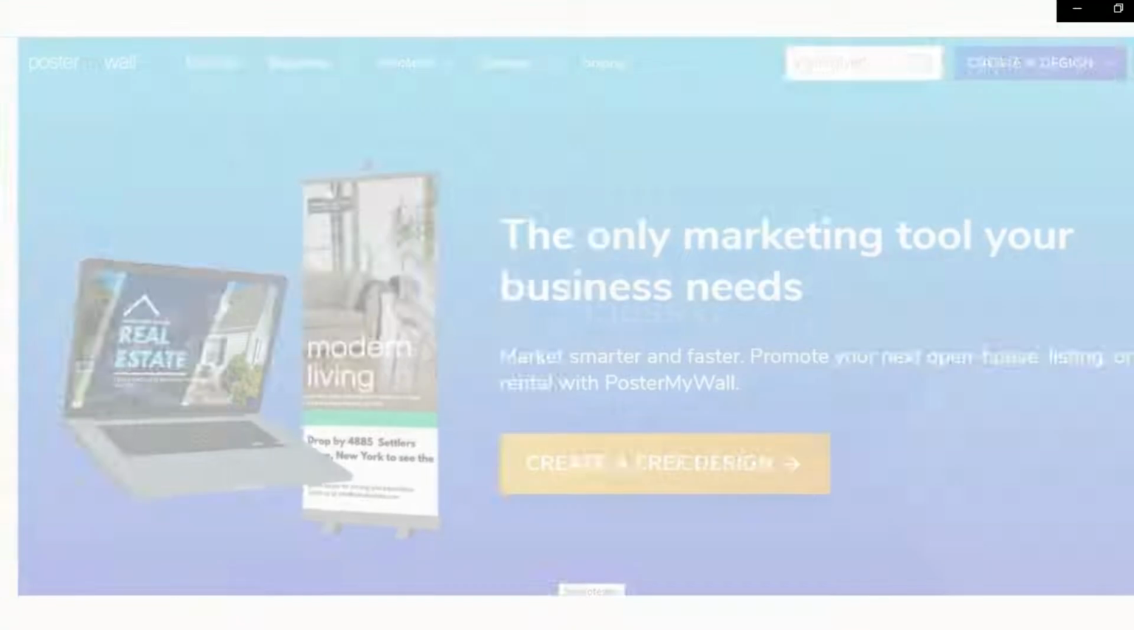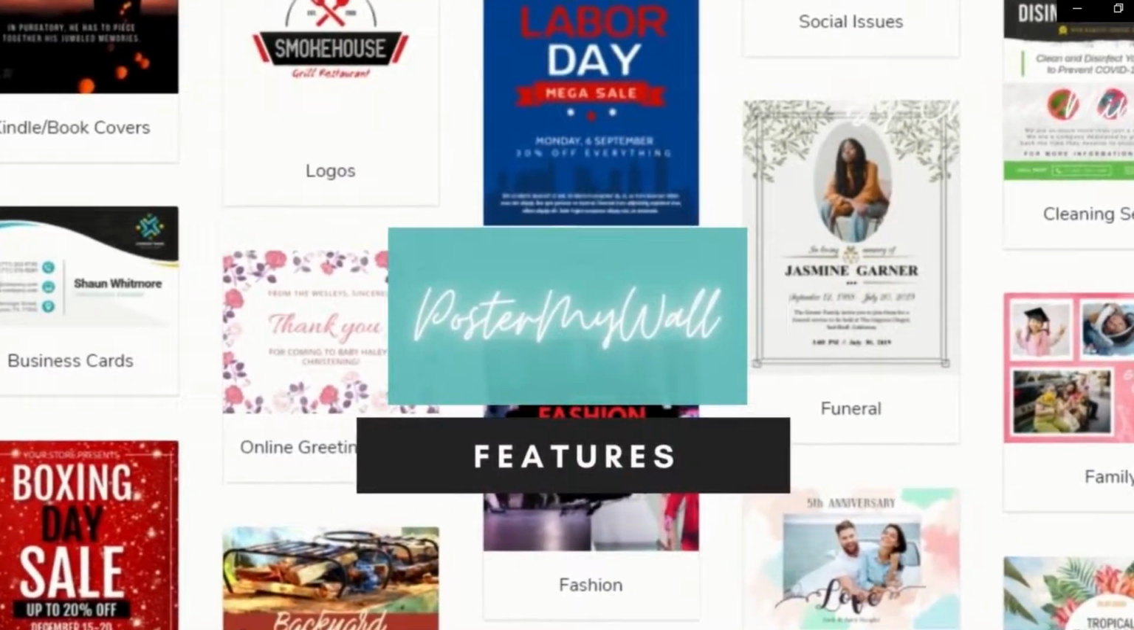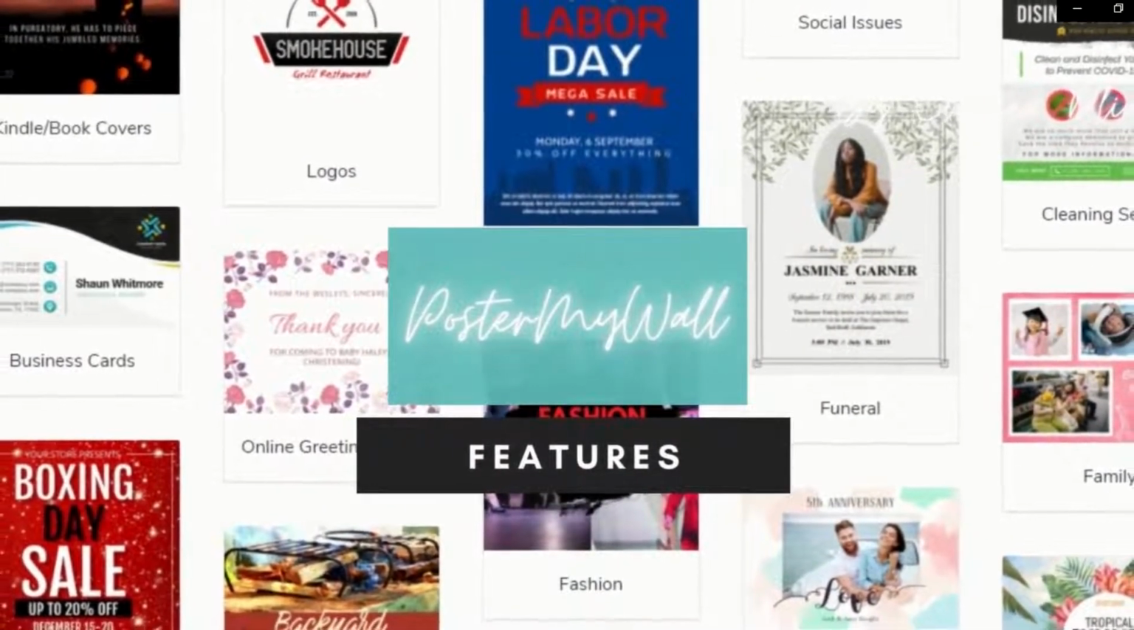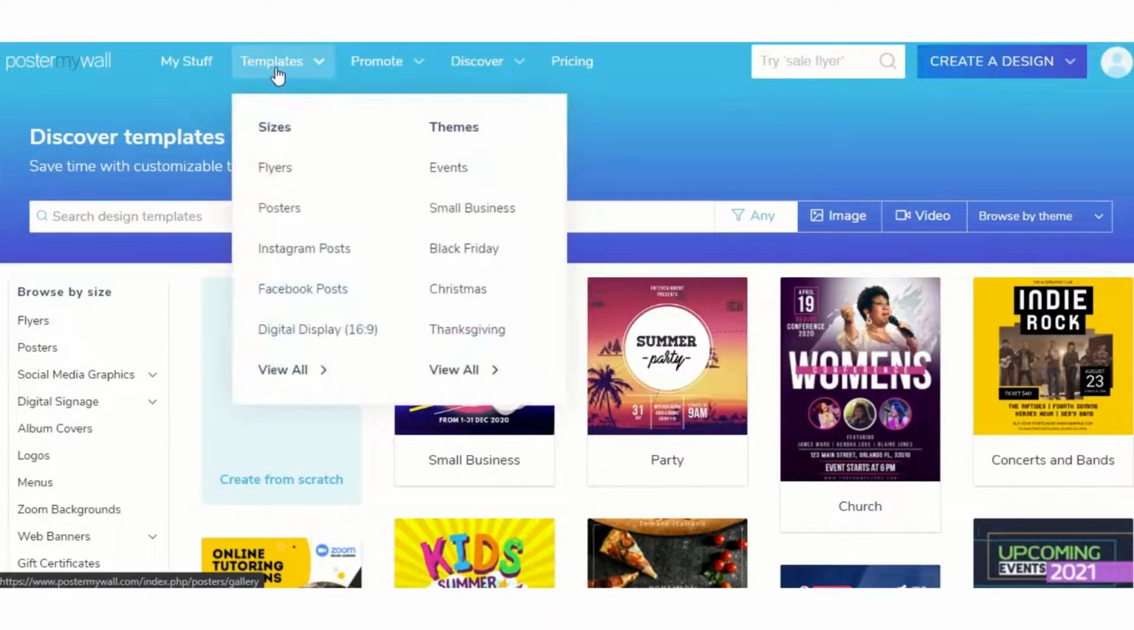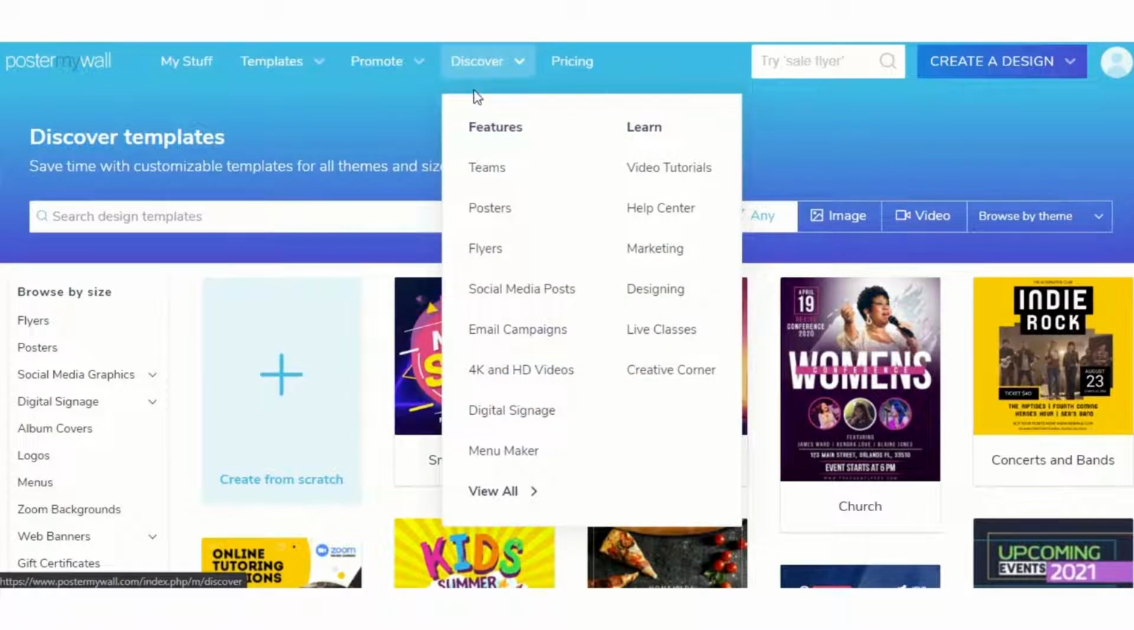Now let's have a look at the features of PosterMyWall. As you can see here at the top of the home page, we have a drop-down list in the templates section where you can browse various themes like events, small business, Black Friday, Christmas, Thanksgiving, and also customize the sizes according to your requirements. Not just that, you also get the perks of using great features like posters, flyers, social